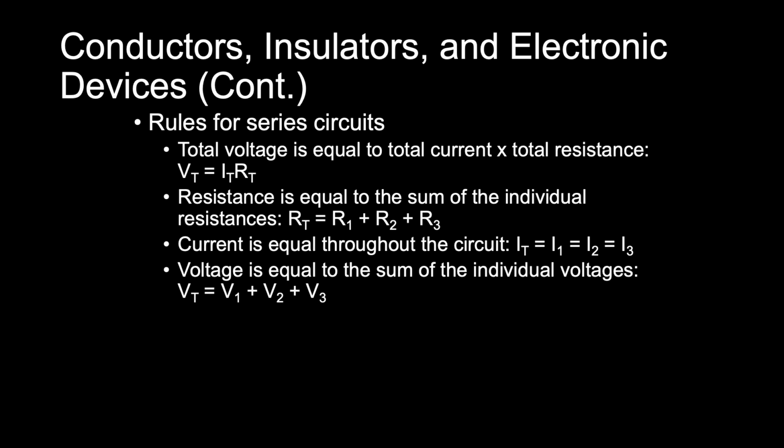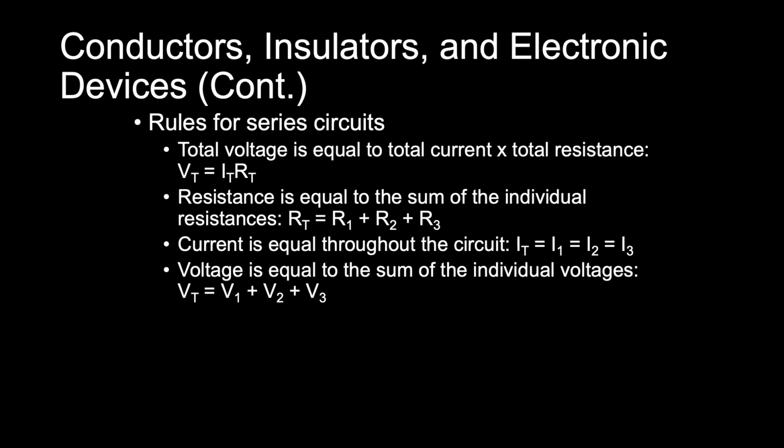Resistance is equal to the sum of the individual resistances. So you take all the resistances and add them together, and that equals your total resistance. Current is equal throughout the circuit, so your total current is going to be the same as each individual current